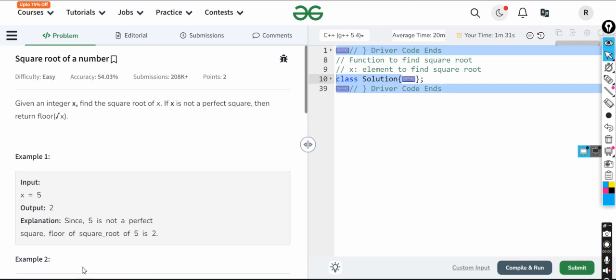But there is a twist, friends. Here it has been mentioned that if it is not a perfect square, you have to return the nearest integer which is lesser than that number. If you use the square root, it will give you the accurate answer. But if you want to typecast it, you can, but it's not necessary that it will give you a floor value. It will only give you the value which is nearest to it, but here you have to return a smaller number if it is lesser. So what is the trick?